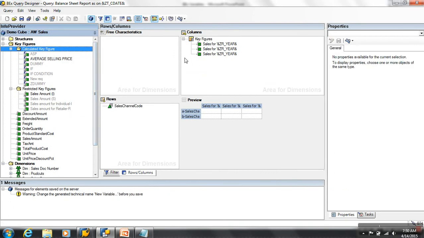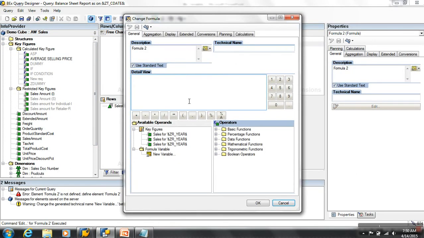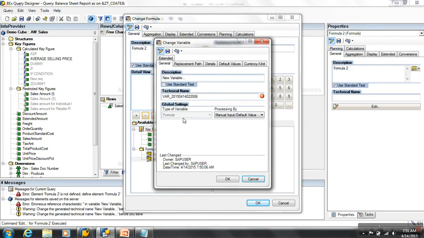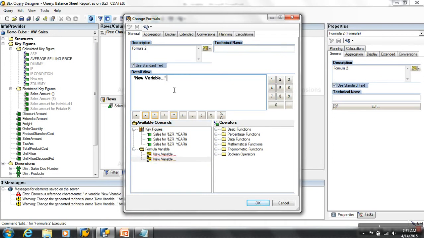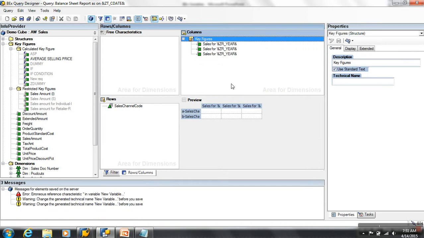That is one. Even while building a new formula, formula is also calculations, right? I can also use new variables here. What variable is this? Formula variable, and I can use this in this logic. So even a new formula is also about calculations. I can also make the calculations in the new formula dynamic by using a formula variable. This is the second place you can use it. Ultimately, in both the cases I showed, I was showing you about making the calculation dynamic.